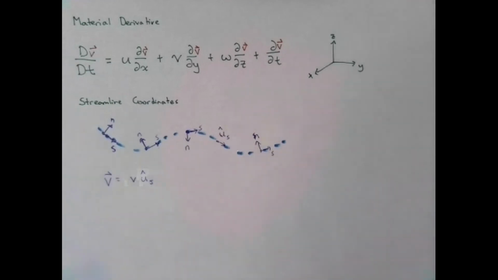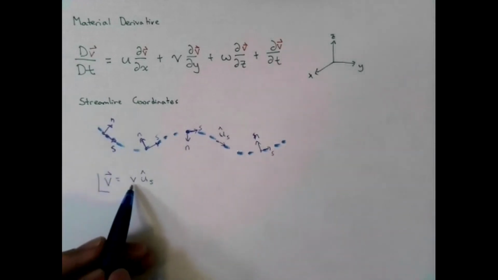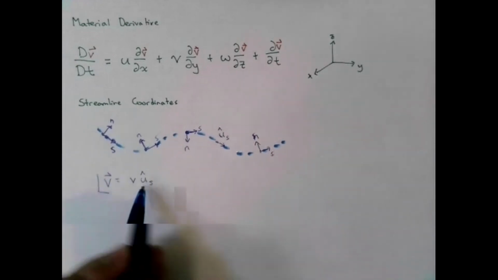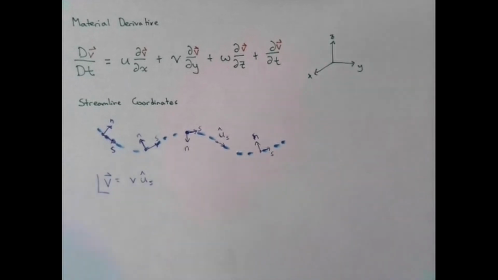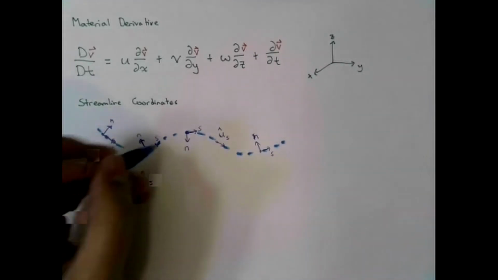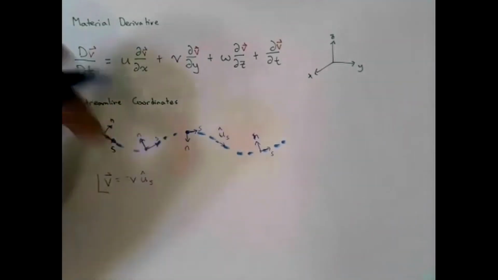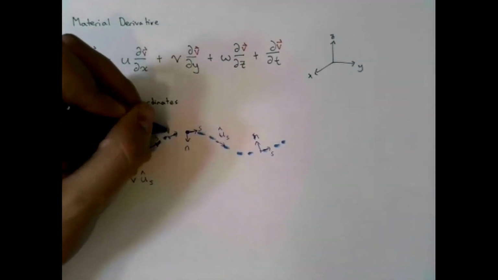That's one of the definitions of vectors, right? Now, if the velocity vector is tangent to the streamline, we can define the velocity vector as simply the magnitude of the velocity times a unit vector along the streamline. That's one thing. The second thing we need to see is that the streamline is always in the direction of the velocity vector, which means that at any point in my streamline, my velocity vector only moves along the direction